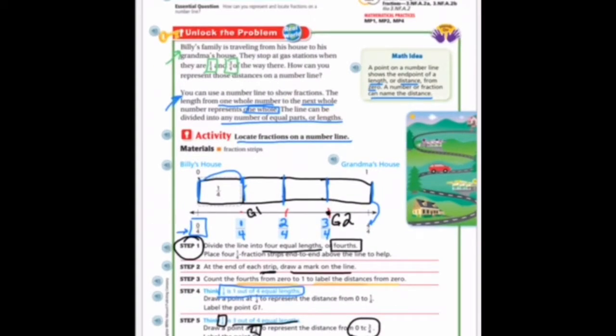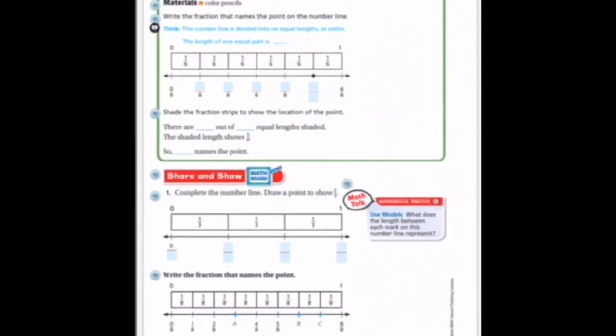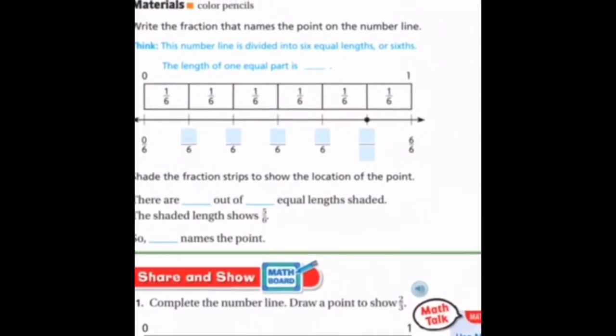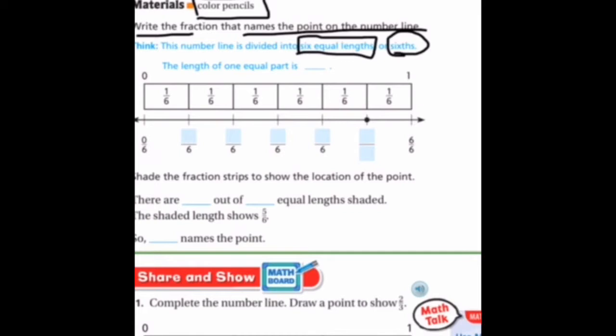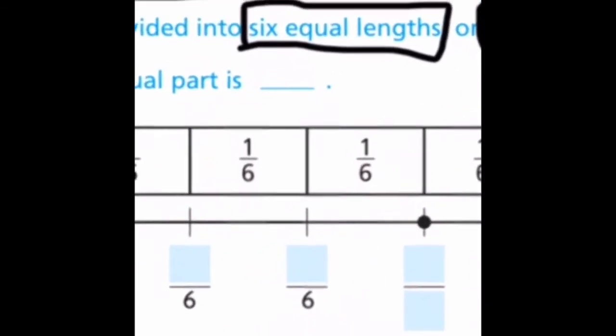Okay, so that's how we're going to use fraction strip. Let's go to the next page and look at another example. It does say you can use colored pencils. Your regular pencil is fine. We're going to write the fraction that names the point on the number line. Think, this number line is divided into 6 equal lengths, or sixths. The length of one equal part is